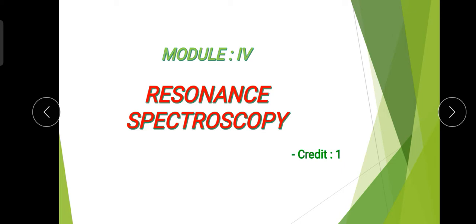And in that module we have two resonance spectroscopies, the first one is ESR resonance spectroscopy and the second one is NMR resonance spectroscopy. In our previous lecture we have covered the ESR resonance spectroscopy and we have started the NMR spectroscopy. In NMR spectroscopy we have covered nearly all topics, but we are left with